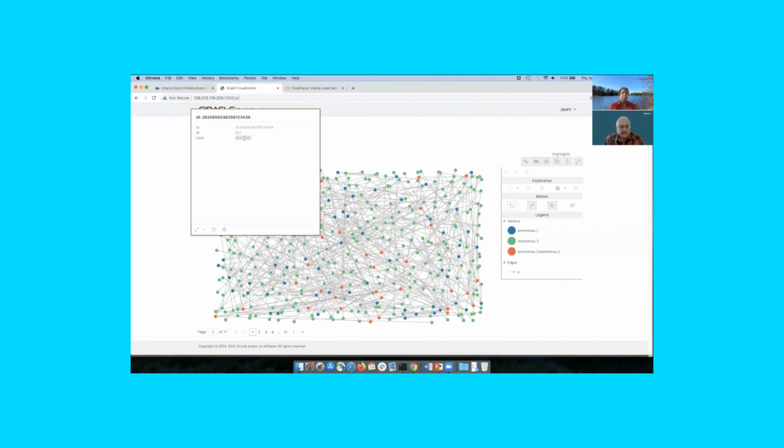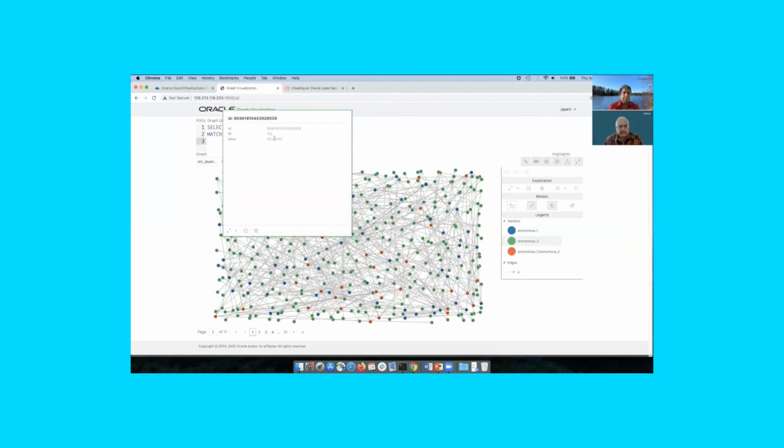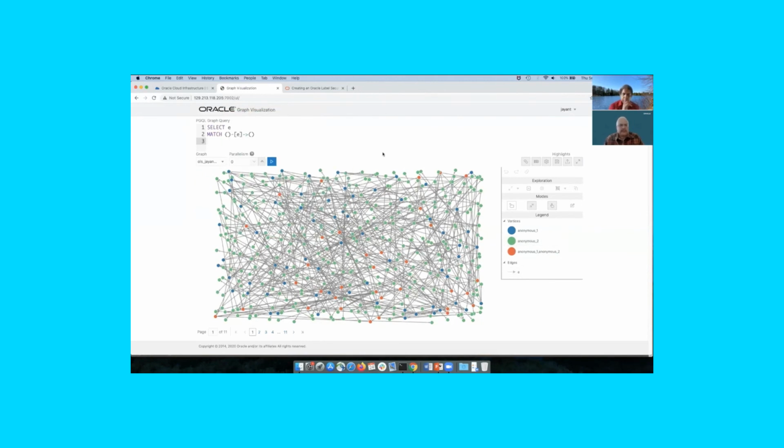Yeah. I just want to see what these things are called. They're called account. Okay. And what are the properties of an edge? It's called transfer. And it has an amount and a source and a destination. And this is ID. Okay. So we can run any of the other PGQL queries out there. Let's look for something which starts,